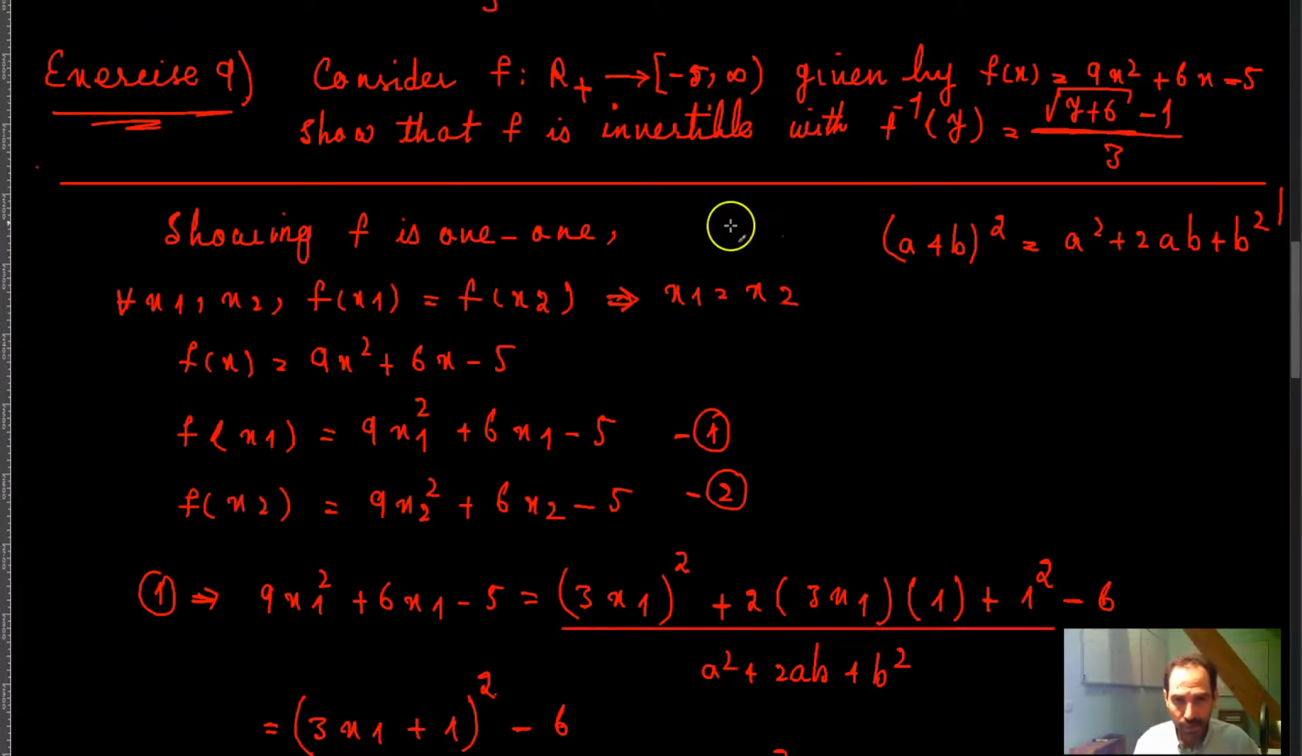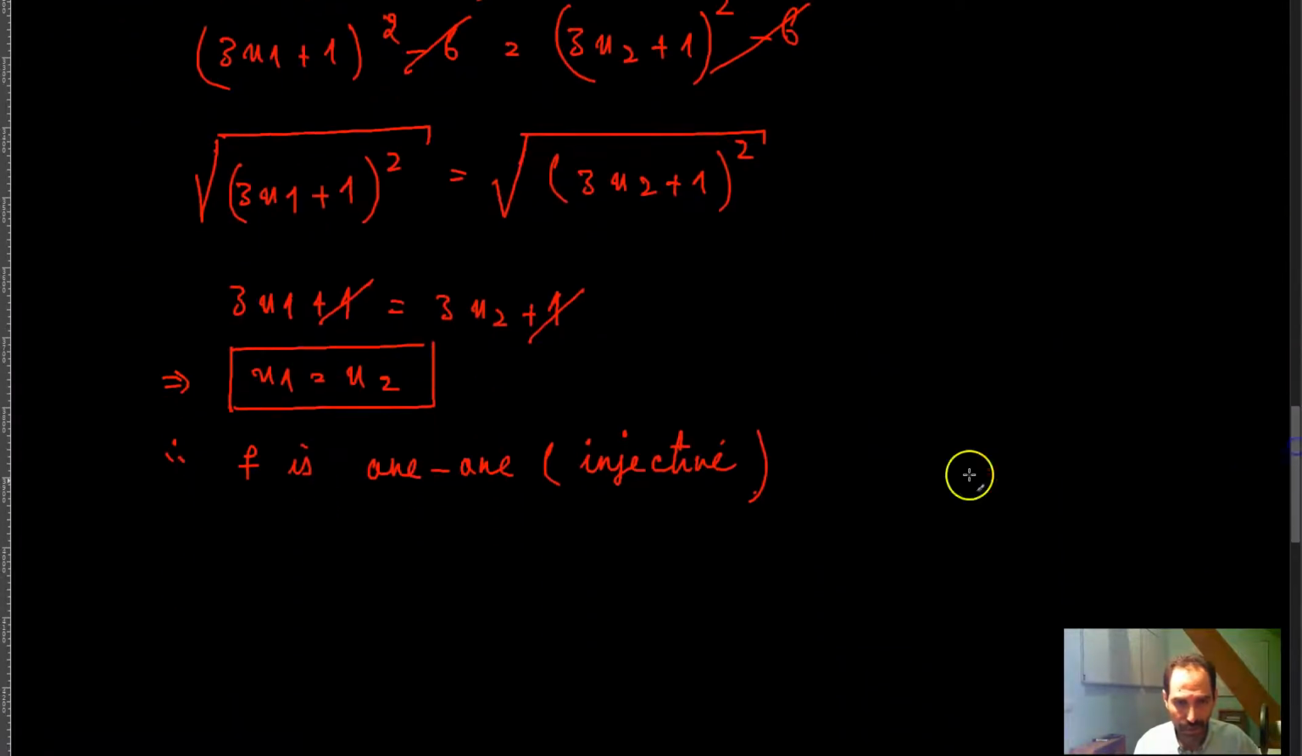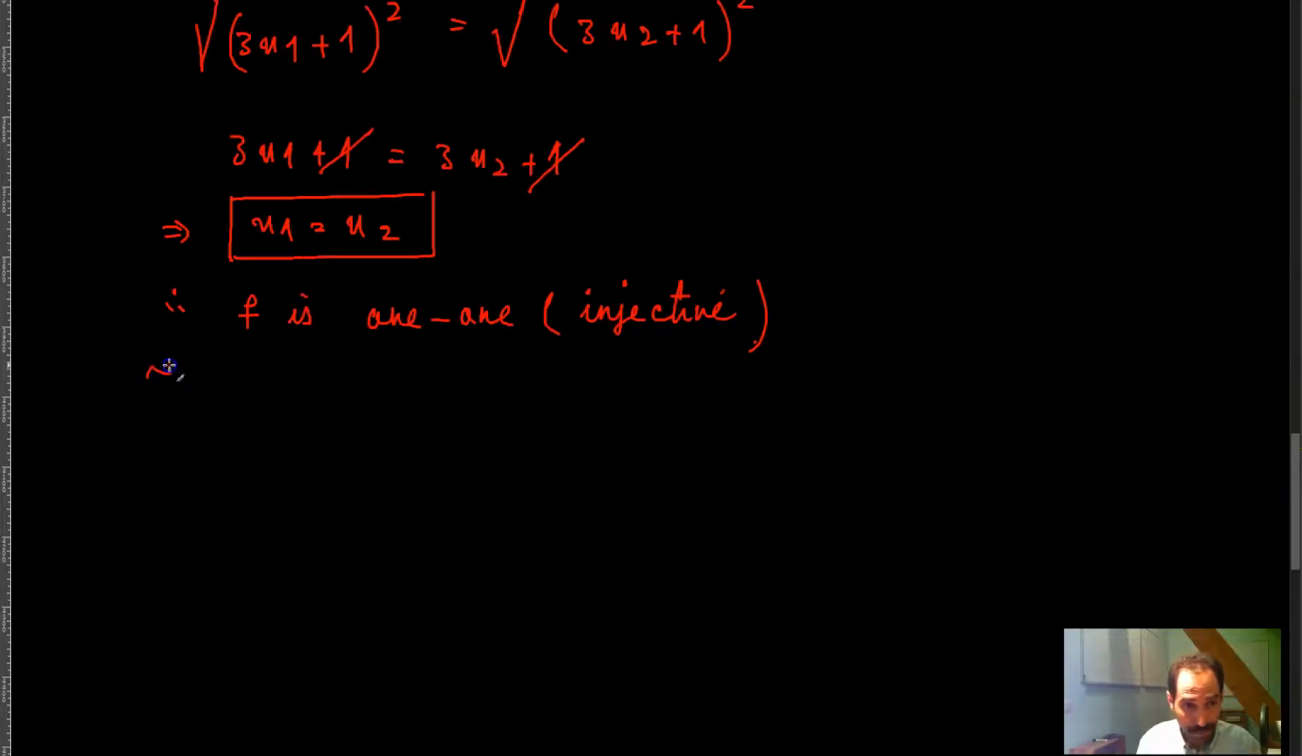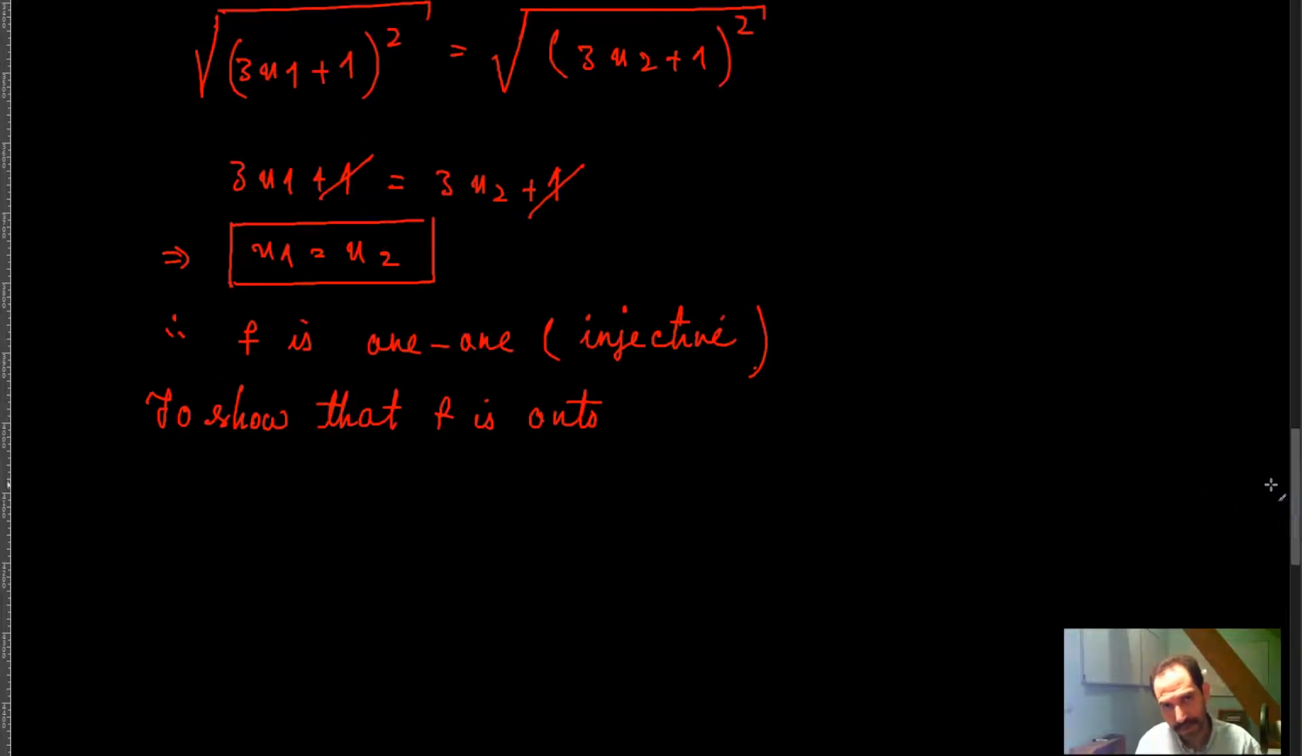Now, once you have made sure that the function is one-one, then you need to make sure that the function is onto or surjective. Basically, to show that f is onto, of course onto from the domain to the codomain of the function, right? To show that f is onto, or basically surjective,